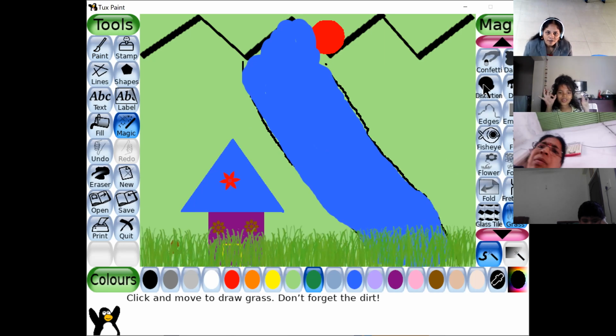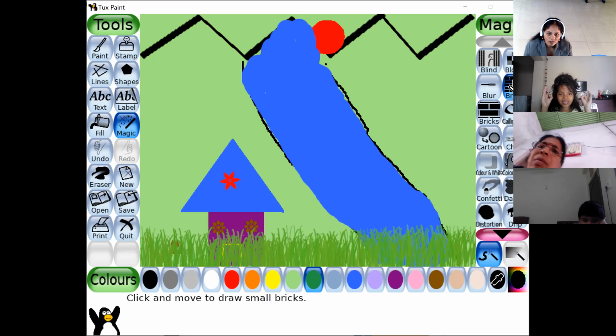We'll keep bricks also for the house. Like this, you can build a house of bricks also.